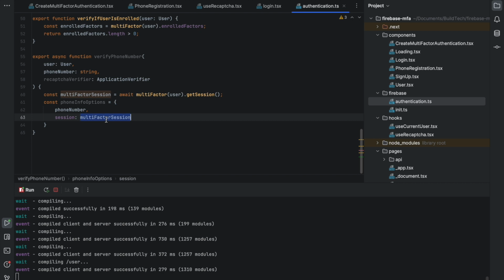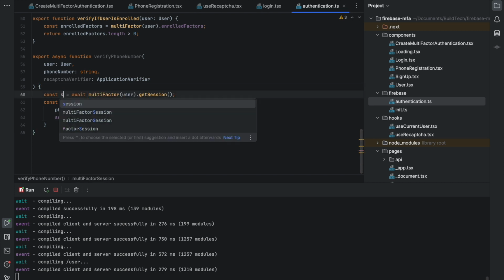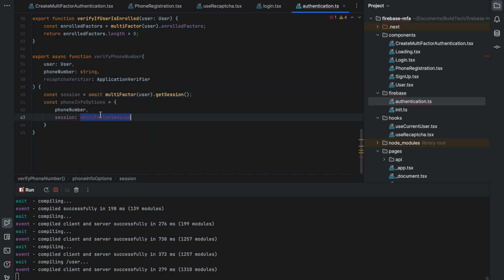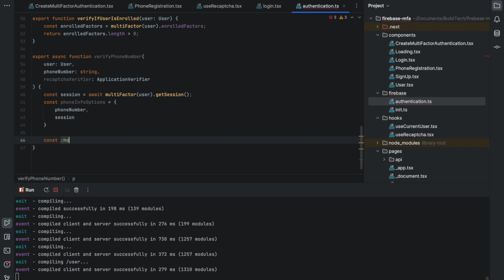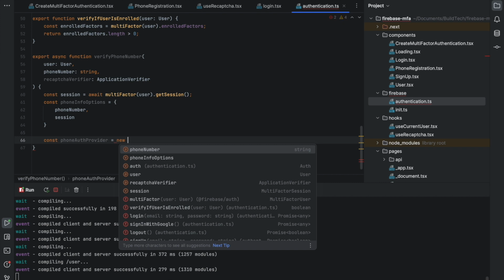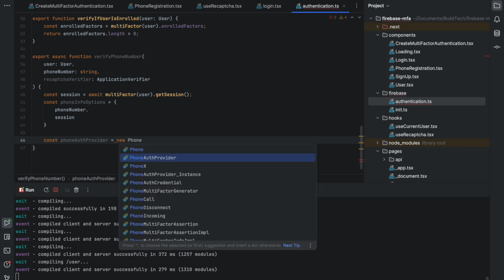Okay, yes, I can call it session here, it will become more simple. Okay, session. What we are going to do next, we are going now to create the phone of provider. To do that, we have to create phone of provider, and here we are going to create a new phone of provider,